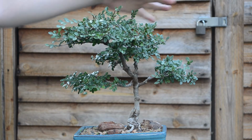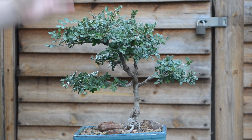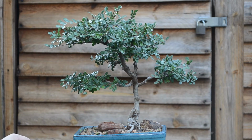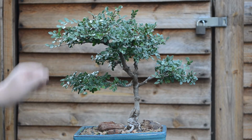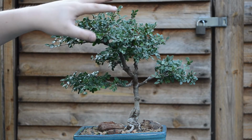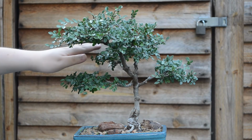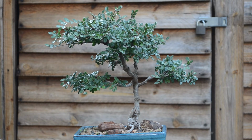So now I'm done with the pruning. I've just taken back all the overgrown branches that had grown from the middle of August when I last pruned it until now. So I've just established some pads again, and yeah, I think it will grow out really nicely now